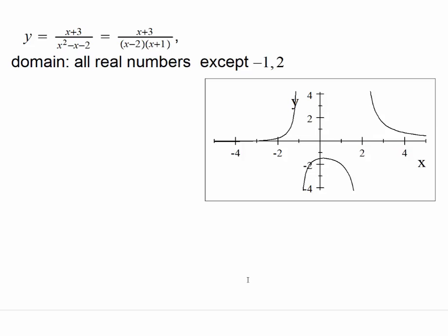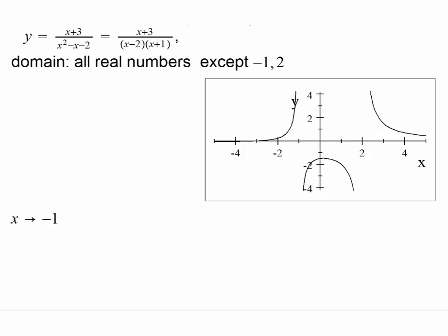So now we are continuing with our discussion of rational functions. So we had seen this function (x + 3)/(x² - x - 2) that factors as (x - 2) and (x + 1). So here we notice that x = -1 is a vertical asymptote and x = 2 is another vertical asymptote, because what happens is this, that is, as x approaches